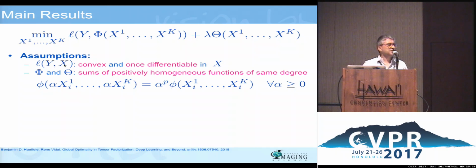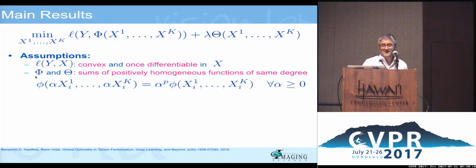Okay? Is that a strong assumption? Well, not really, because what is the common loss that is being used today? For instance, the sum of the squares of the errors, or the entropy loss, both of which are convex. The second assumption that we're going to make is that the loss is differentiable as a function of the output of the network. Is that a strong assumption? Not again. The square loss is twice differentiable. In fact, it's strictly convex and twice differentiable, so it's even better than what this requires. And likewise, the entropy is also a differentiable function.